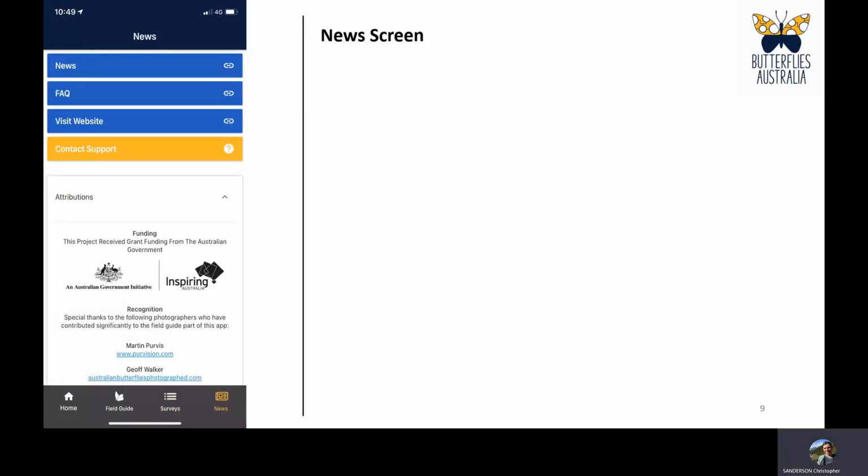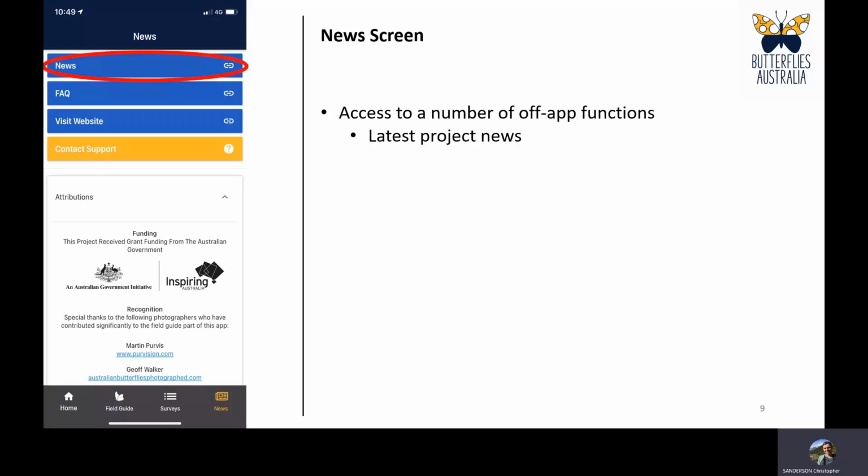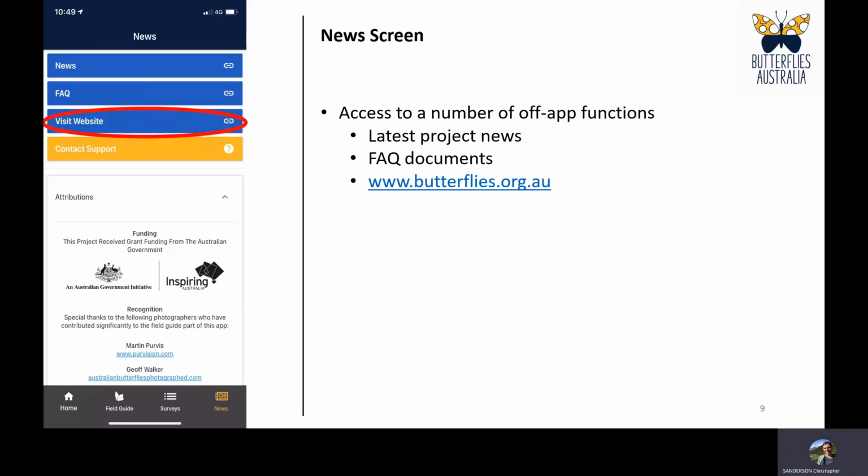The final control is the News button in the bottom right-hand corner. This takes you to this news screen, which gives you access to a number of off-app functions. So by hitting the News button, it takes you to our website, to the News section. FAQ takes you to the frequently asked questions documents that we've put up. Visit website takes you to our website, which is